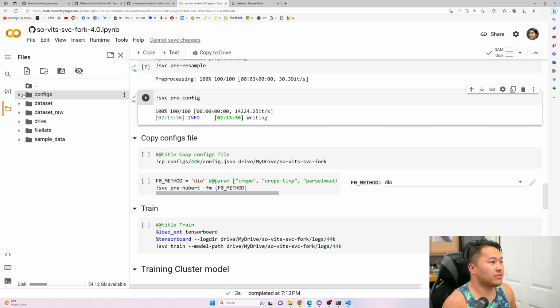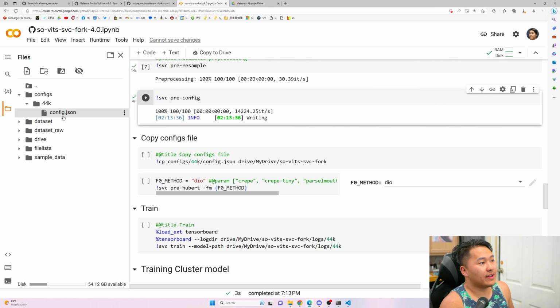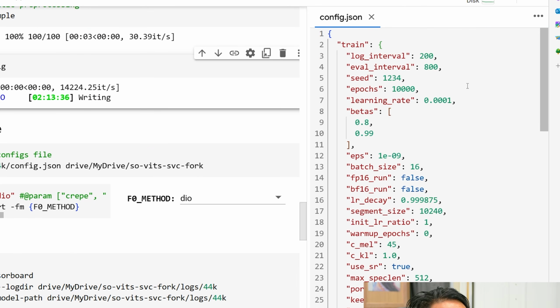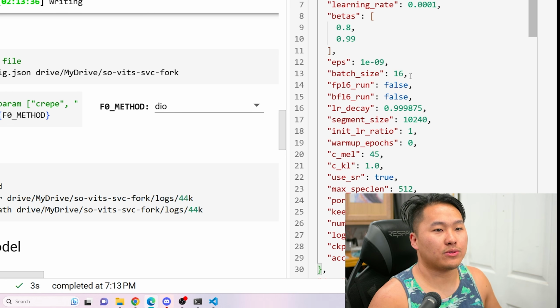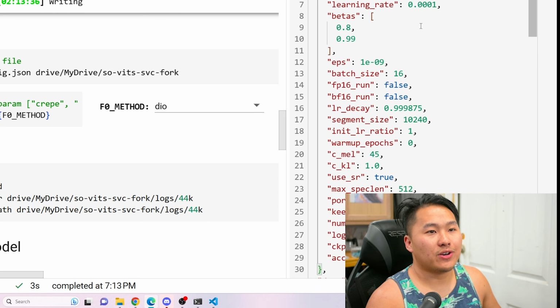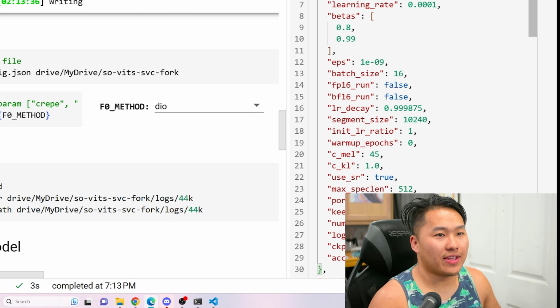scroll or go into configs and then go into 44K. And here is our config.json. So when we click on it, a window is actually going to pop up on this right side here where we have all of our training variables that we need to set. This can get a little crazy, and so I'm not going to go too much in depth with it, but